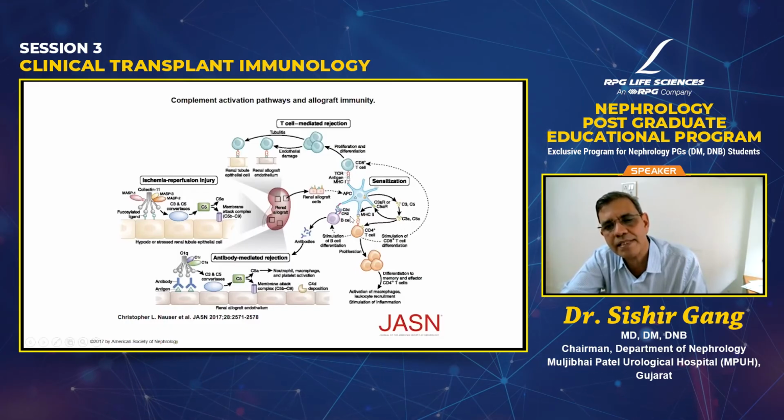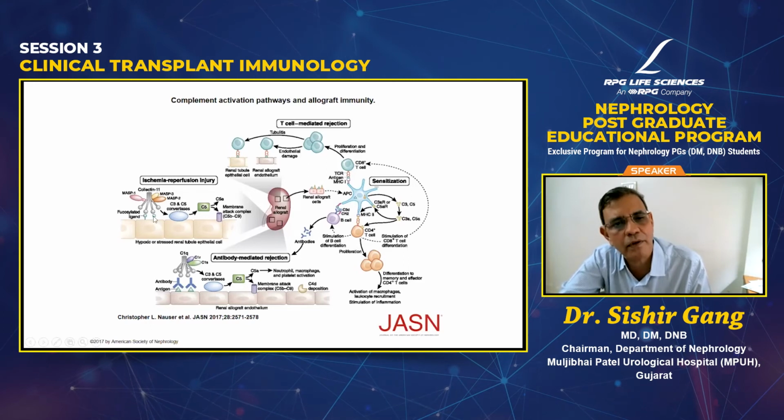coming in contact with the B cells. Now the B cells can take up these antigens themselves through the receptors. The B cells are helped by the CD4 T cells, that is the T follicular helper cells. Some of them differentiate into memory cells, and some of them will secrete a large amount of antibody, convert into plasma cells, and secrete the antibodies that cause antibody-mediated rejection. These antibodies can bring in the complement to damage the graft.